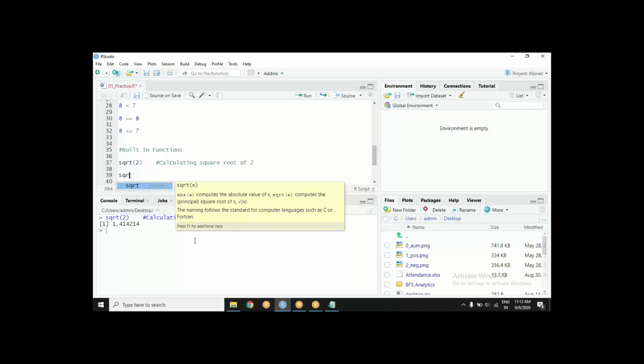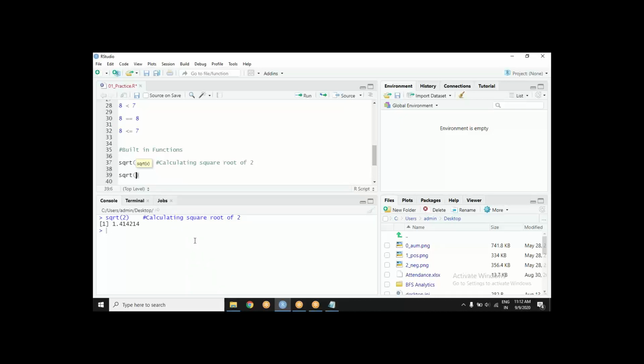So the first problem, which is very likely when you will be typing, you will be making good complex codes, so you can make spelling mistakes. Auto suggestion will avoid that. Auto suggestion will also avoid the mistakes of uppercase, lowercase. Think about it. I type sqrt(2). It does some job.